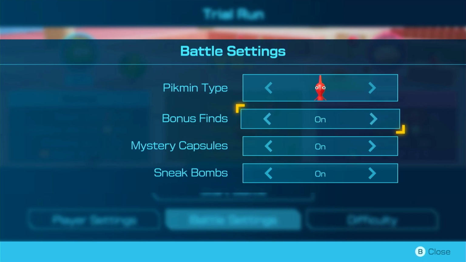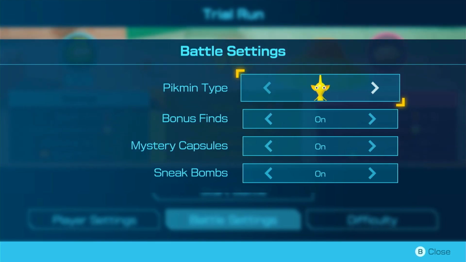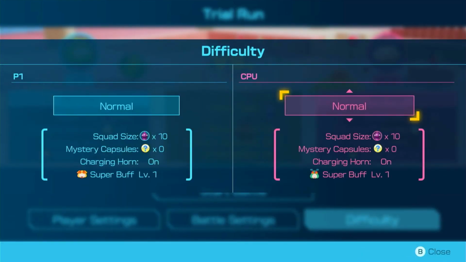You can turn off bonus finds and keep them on. Mystery capsules, same with sneak bomb. You can choose which Pikmin type you want. Except for, okay, no. Sorry, never mind. I just looked all the way around like an idiot. Heck it, we'll go with purple. Difficulty? So you got...